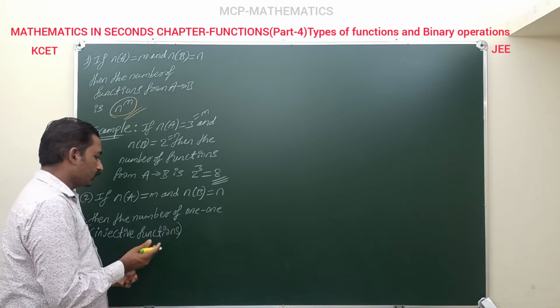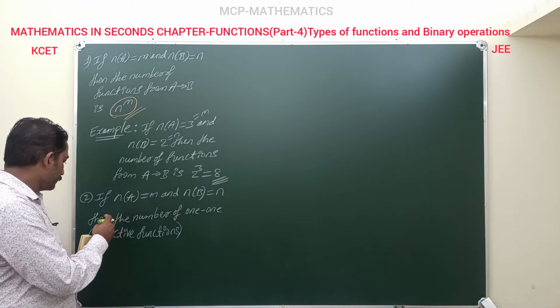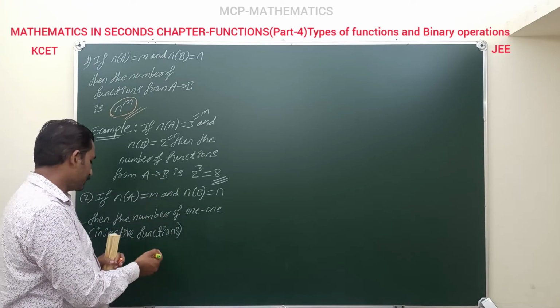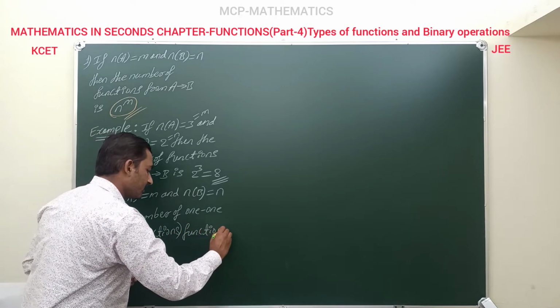In this case, two cases are there, depending upon the m and n values. So the number of one-one functions, nothing but injective functions, is